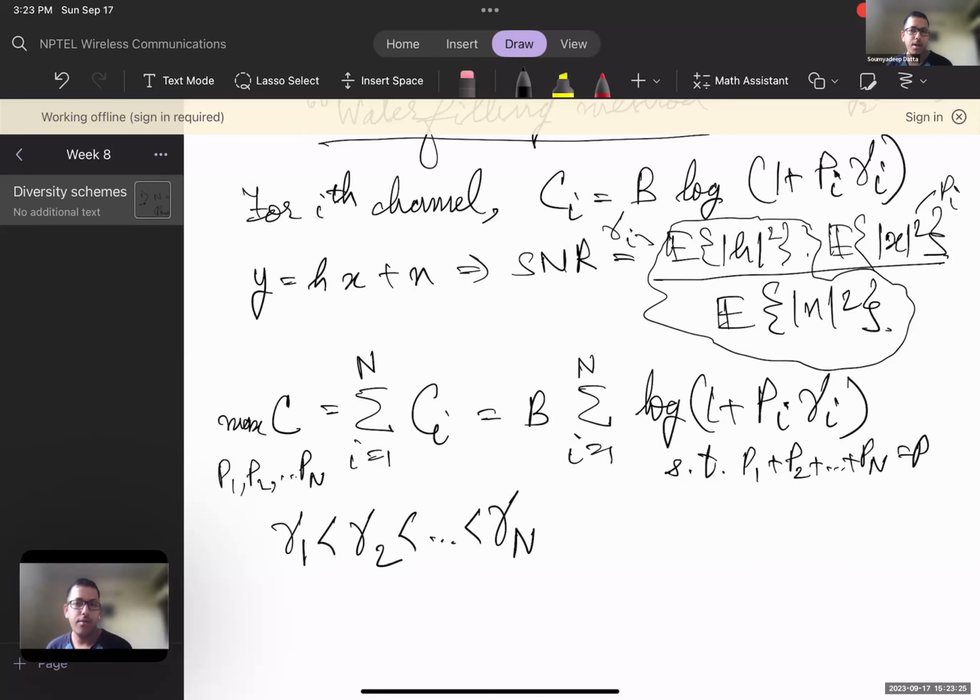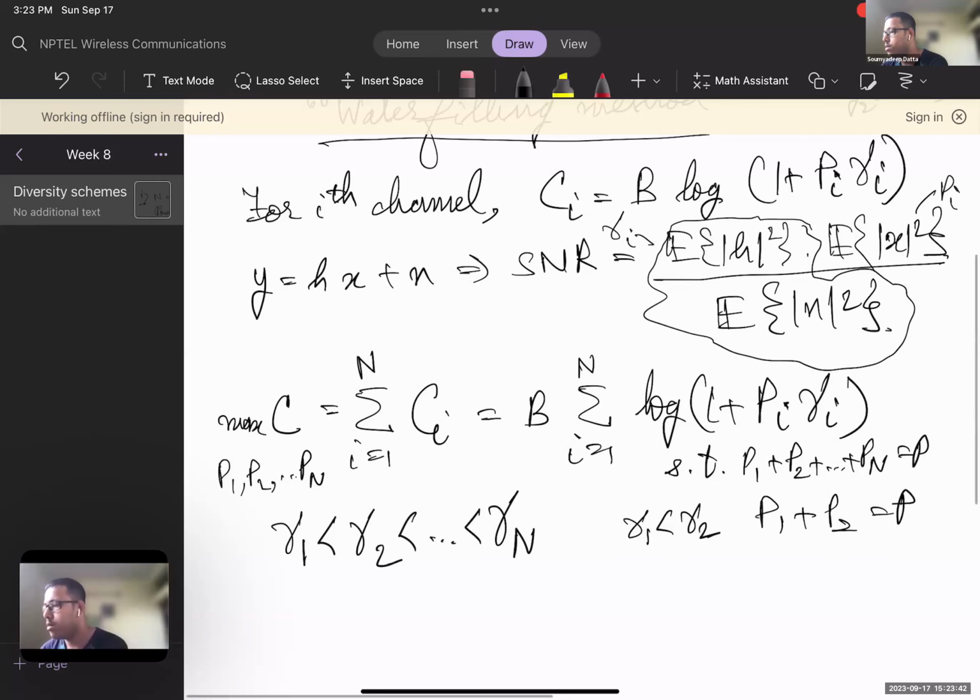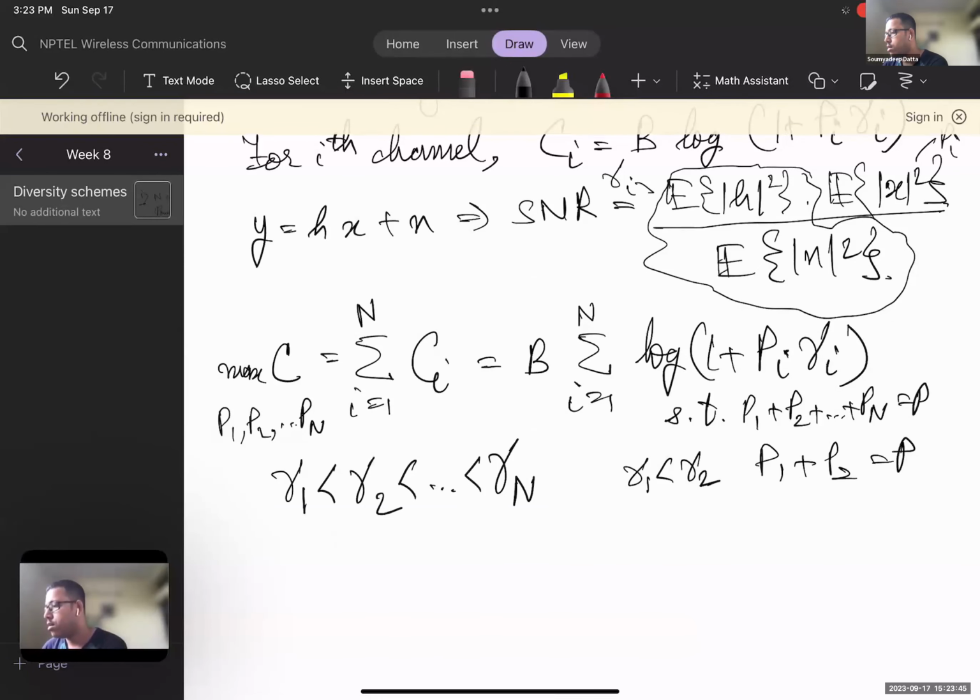Let's just take a case of two channels. So I have gamma 1 less than gamma 2, and I also have to decide on P1 plus P2 equal to P. I can always have two options, right? Let us say I decide on P1 greater than P2. If I allot higher power P1 to the weaker channel, what will happen in this case is I'll get something